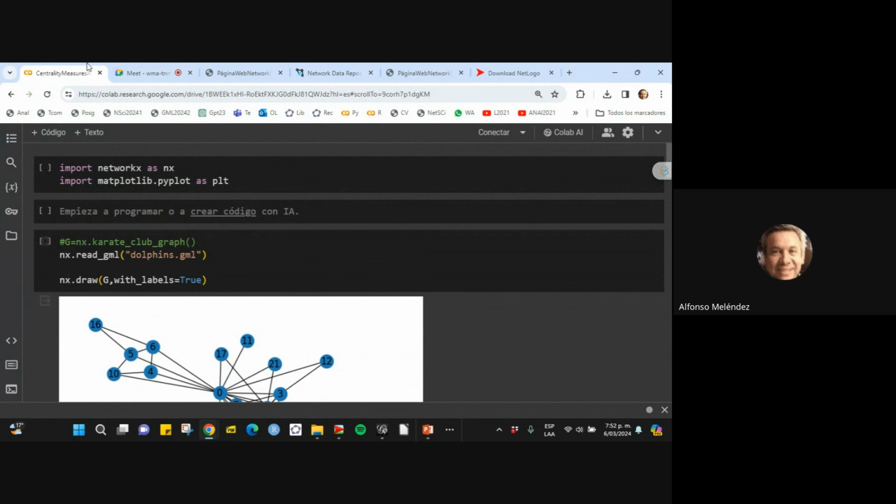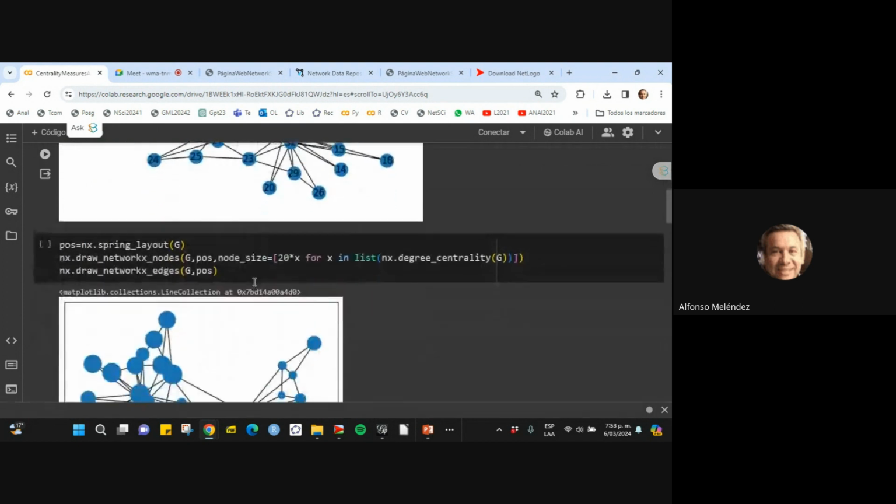Okay, I'm going to show you a little bit this important library for networks. It is called NetworkX. It's in Python. It's a very popular library for analyzing networks. This is a Jupyter notebook, and I'm going to show you a little bit the basic functionality of the library. Today ChatGPT is of much help. You can ask, for example,